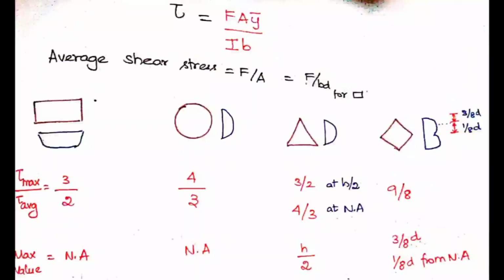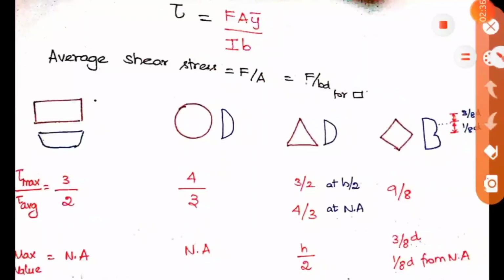So now let us study the ratio of this value alone. So first, for a rectangular section they have taken. For a rectangular section, here the shear stress will be varying like this. Okay, so it will be maximum at the center part and it will be minimum at the extreme fibers. Okay, so this is in the case of a rectangle, and the tau max will be equal to 3 by 2 of tau average. So the ratio is 3 by 2.